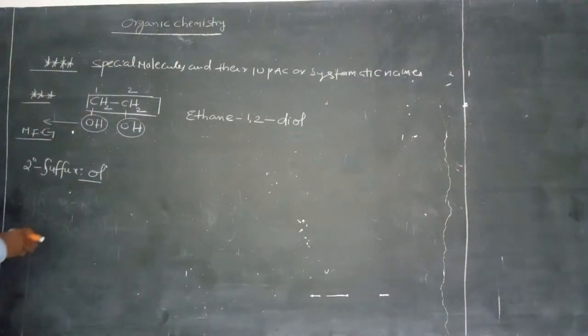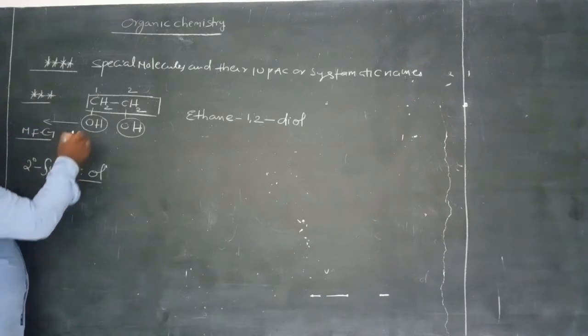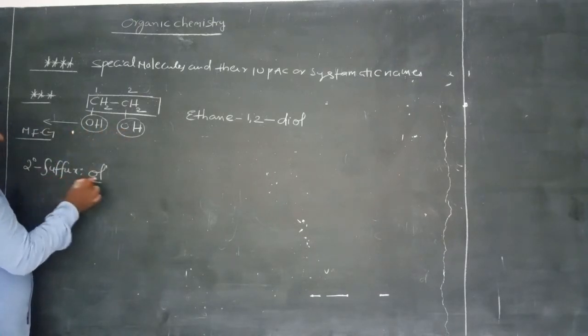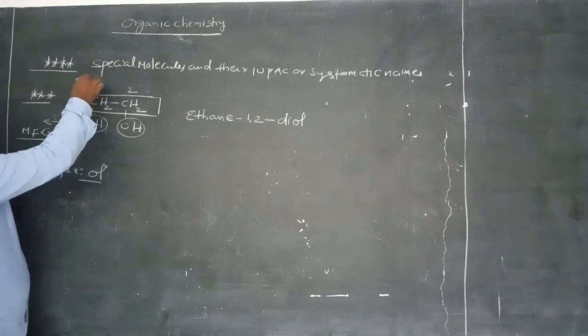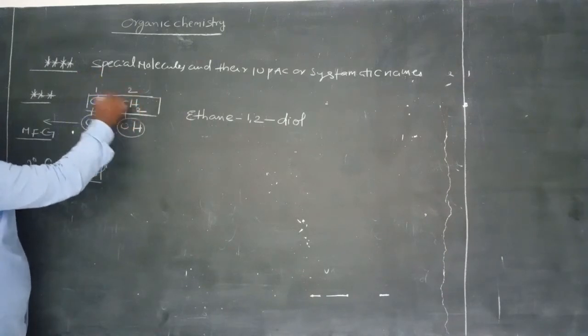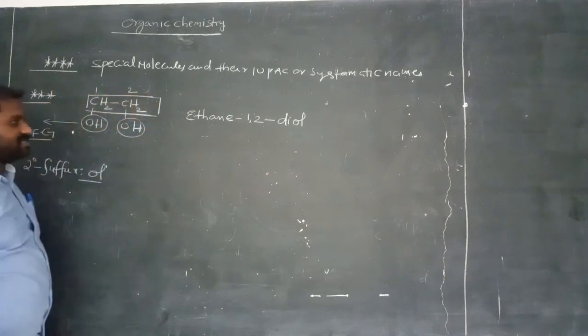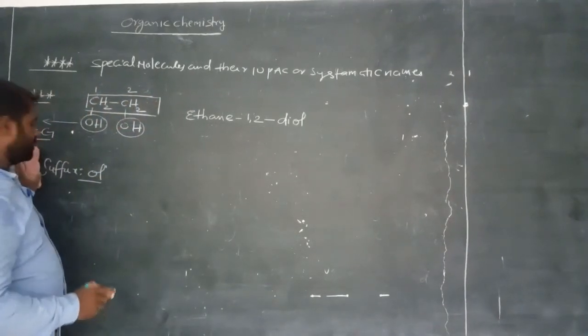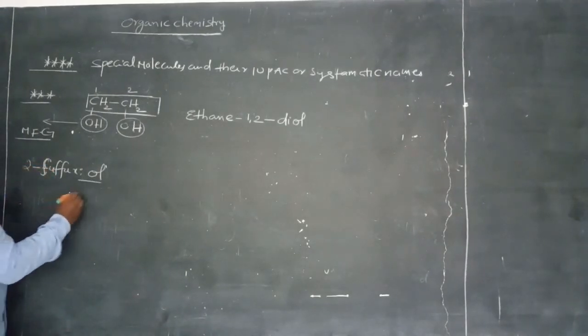Okay, clear? The secondary suffix for the alcoholic functional group is ol, but here we have 2 alcoholic functional groups, at the first and second positions. So 1,2-diol. Ethane. This is the main chain, which consists of 2 carbons. So this is a very important one. Secondary suffix. Let us take one more example.